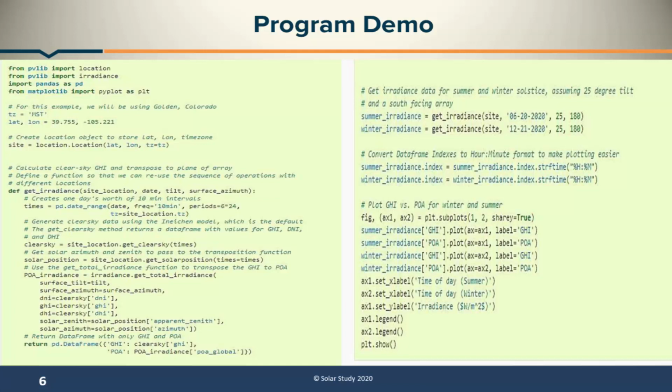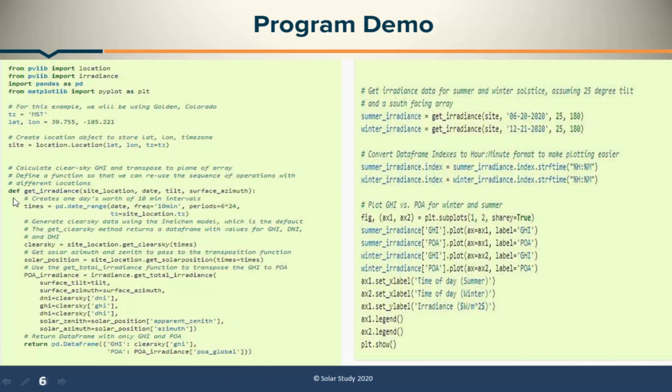Another thing we will do is define a function that we can reuse for a sequence of operations. There may be too many iterations, like we will get one day of radiation, two days of radiation, so we have to plot again and again. That's why we define a function containing the tilt angle, location, date and time. And also we will assign different locations, as you see in this program.